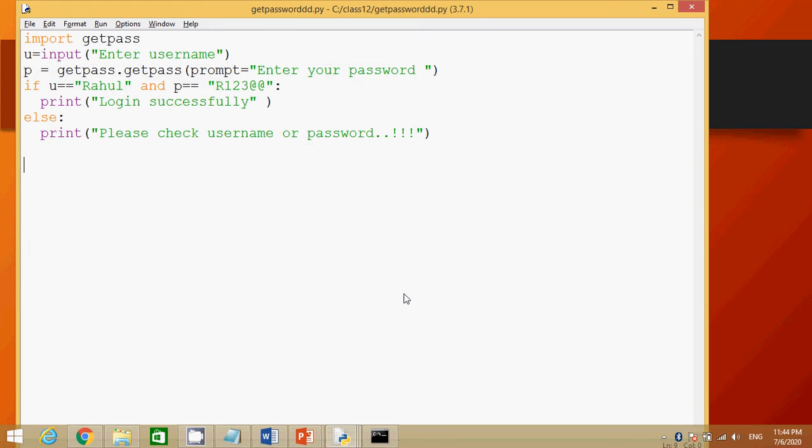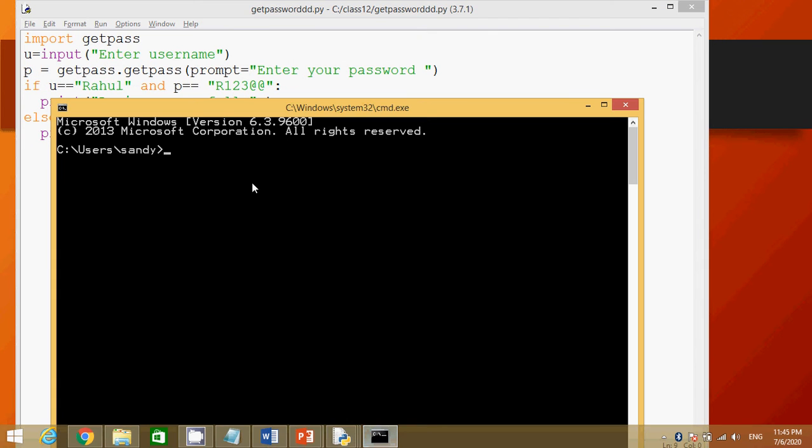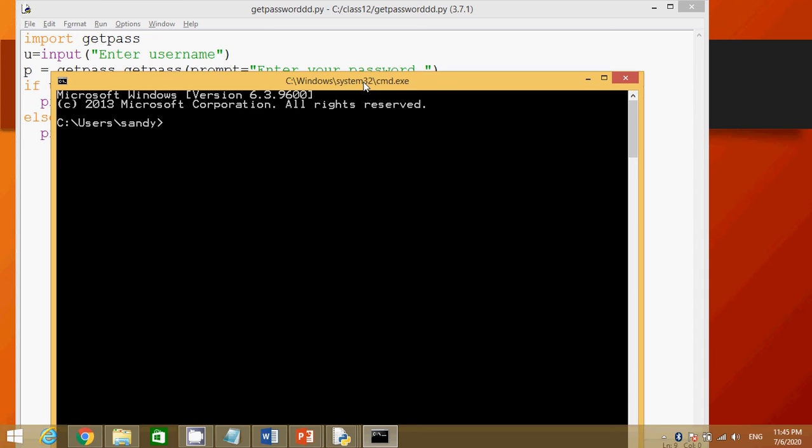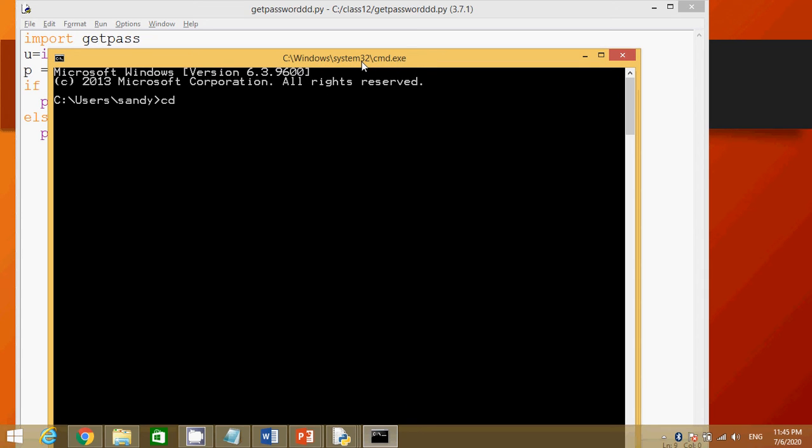Now execute the same program, same lines of code, but from this place. First of all cd slash class 12th. Now python, file name getpassword, so type get p and press the tab button. Now you press enter.